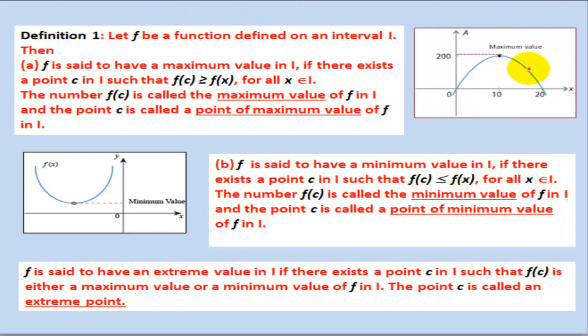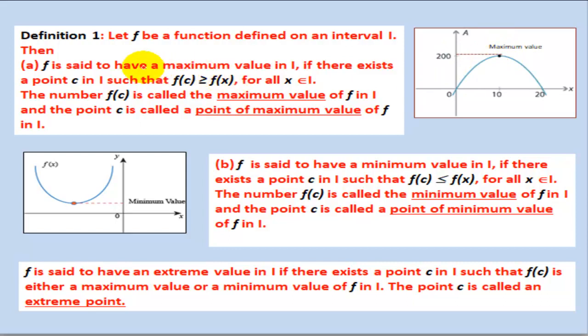Now, according to the first definition, if you look at this curve, obviously this curve corresponds to a quadratic polynomial. And when we look at the curve, we see in this particular stretch, the curve is increasing, and then after this point, it starts dropping, it decreases. So if we just have a look at the curve, we feel at this point, it will attain the maximum value.